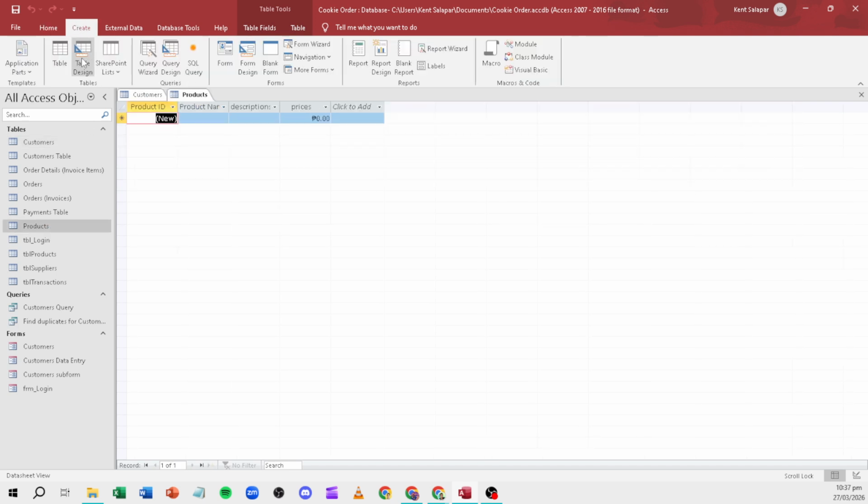Think in terms of core tables: customers, products or services, invoices, and invoice line items. In each table, add fields with sensible data types. Use AutoNumber for primary keys, short text for names and addresses, currency for prices and totals, number for quantities, and date/time for invoice and due dates. Mark your primary key in every table and consider setting Required to Yes on fields you can't afford to leave